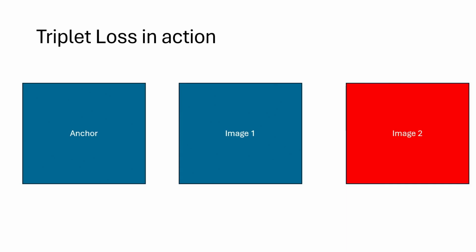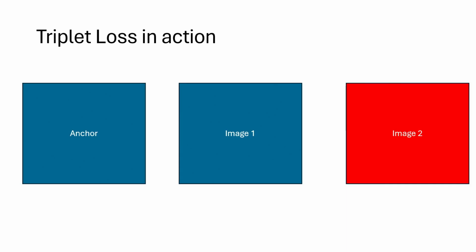But image 1 and image 2 are just different. They're the comparison images. This is the ground truth image, if that makes sense. This is the image where, given that I know the identity in the anchor image, are we talking about the same person or not in image 1 or in image 2? So let's assume the same color means same facial identity,